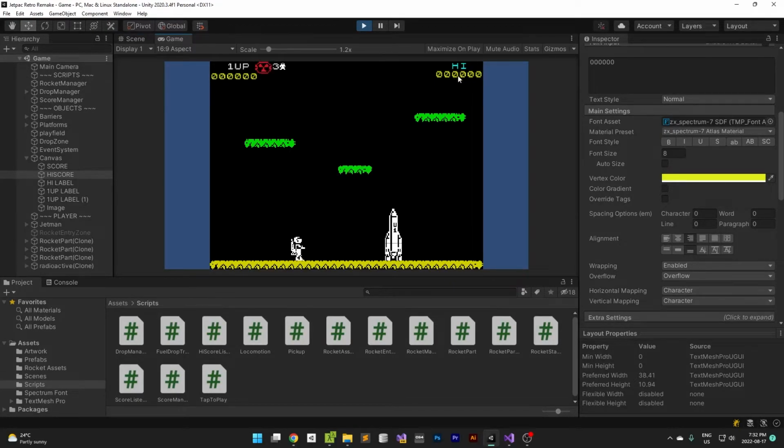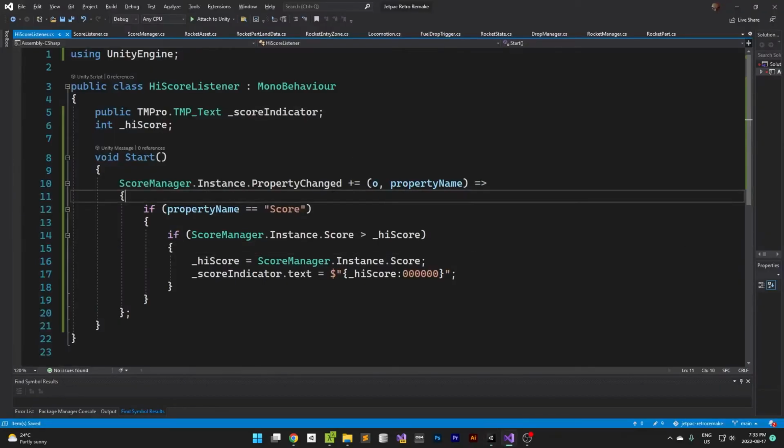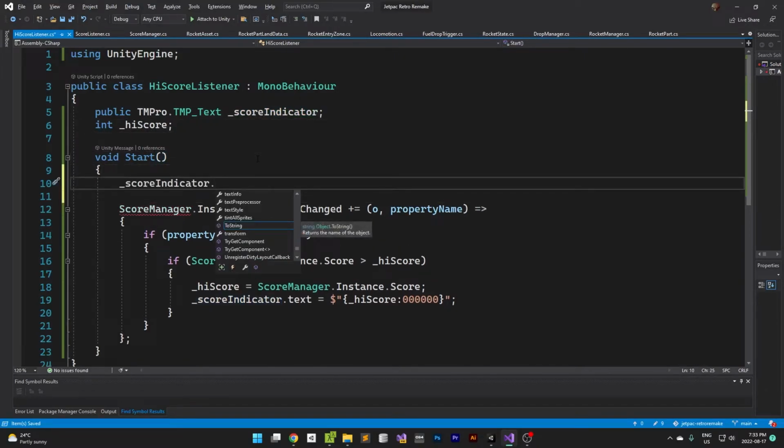It did do something a bit weird there though with the padding. I thought it did anyway. So, oh, it didn't. Okay, 250, 350. Okay, that's fine. It's working. So that's good. And then just to make sure it's not the same, so we can do score indicator dot